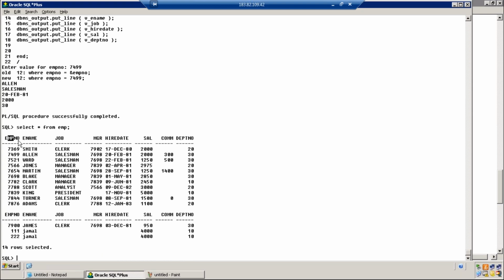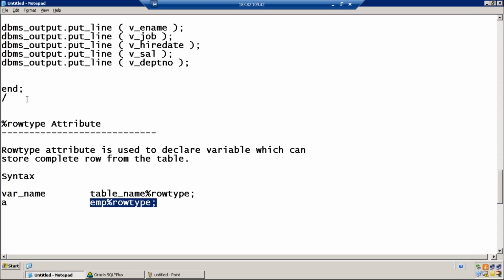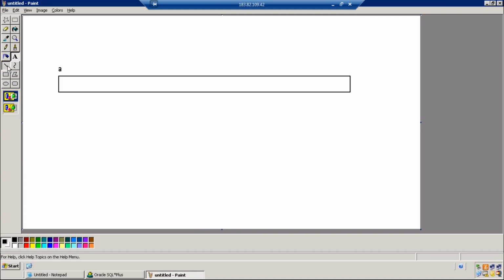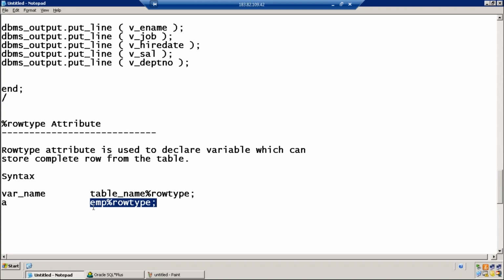Employee table is having how many columns? 1, 2, 3, 4, 5, 6, 7, 8. Yes. One variable can store a complete row of an employee table. So that's how you can use a row type variable.